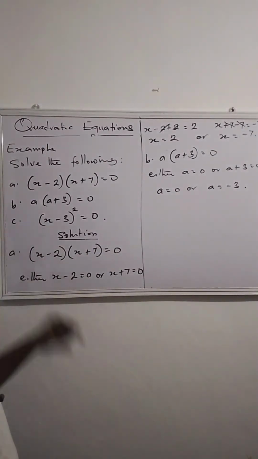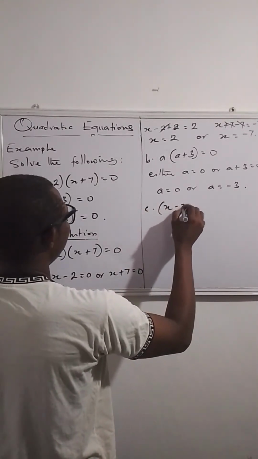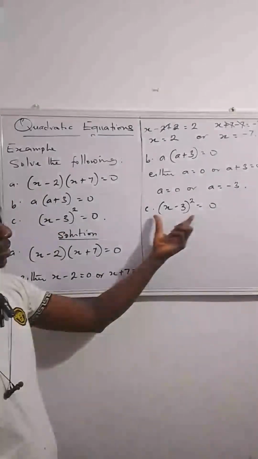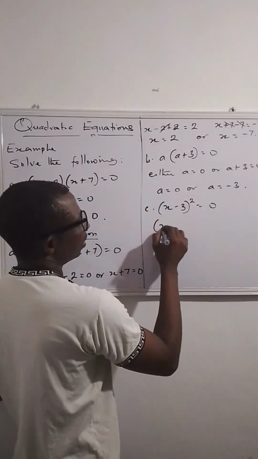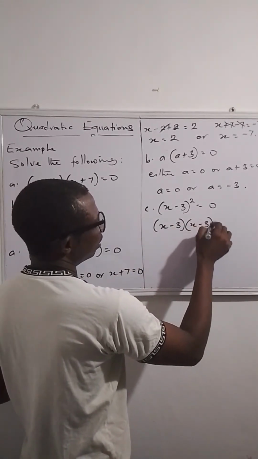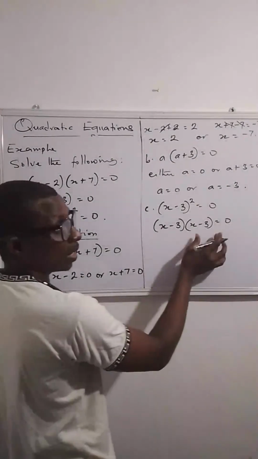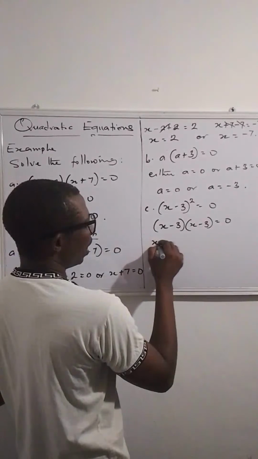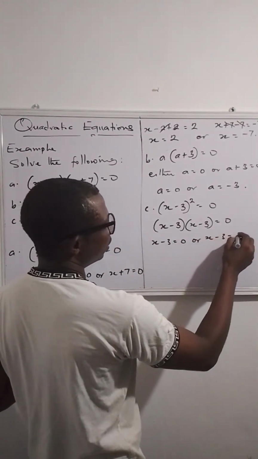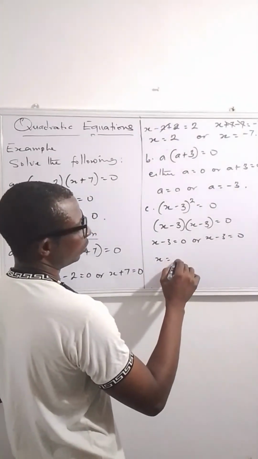Now let's look at the third one. We have (x minus 3) raised to the power of 2 equals 0. Now, this is the same thing as (x minus 3) times (x minus 3) equals 0. Okay? We are also multiplying to have 0. So x minus 3 is 0 or x minus 3 is 0. All right, so you just have x equals 3